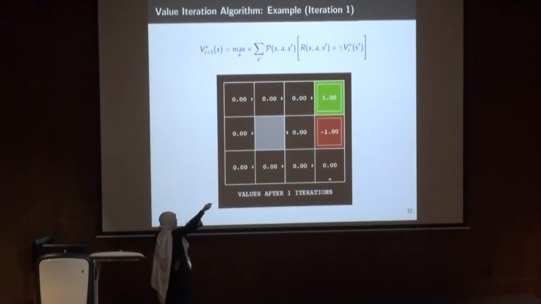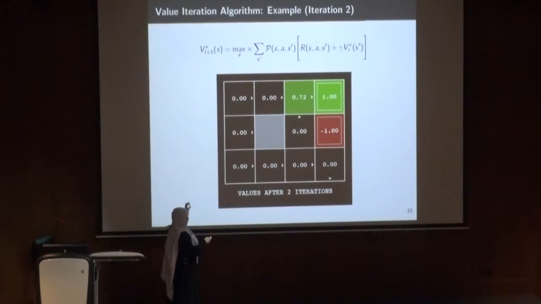The only two states that will have new values are the plus 1 and the minus 1. For the plus 1, I have a probability of up, right, down, or to the right. And whenever I am in the state plus 1, I will receive a reward of plus 1. So this value is plus 1. The value of the next state is 0, so it will be plus 1. And the value of this state will be minus 1 according to the formula. Now I received a value of minus 1. So this is the first iteration of my value iteration algorithm. Is this enough? Clearly no.